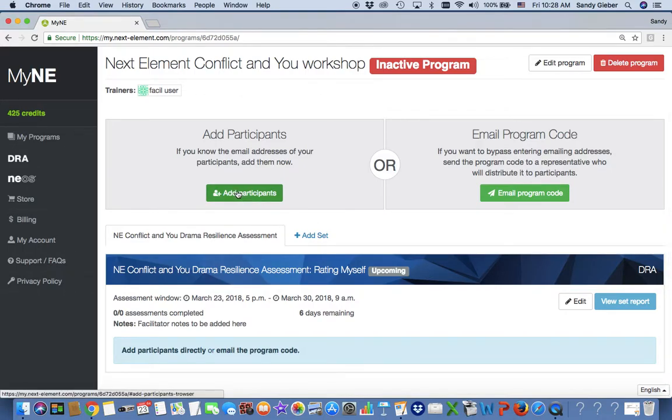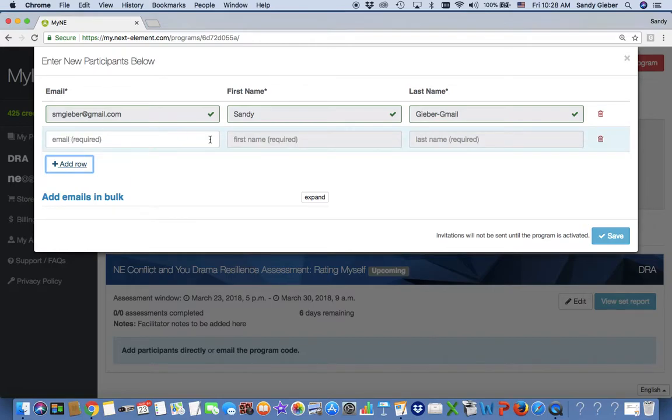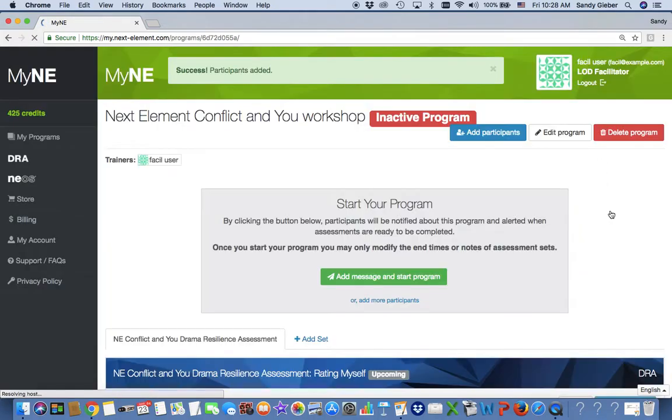The next step is to add a list of participants. I'm going to go to the participants list and click. I am going to add an email, which is going to be my email. Since I already used the system before, it'll populate the first and last name because it will recognize me as part of the system. If you put in an email for the first time, the system will ask you to input first and last name. Continue adding roles until you are ready to go. I'm not going to bother with those. I'm going to save, and now I'm ready to